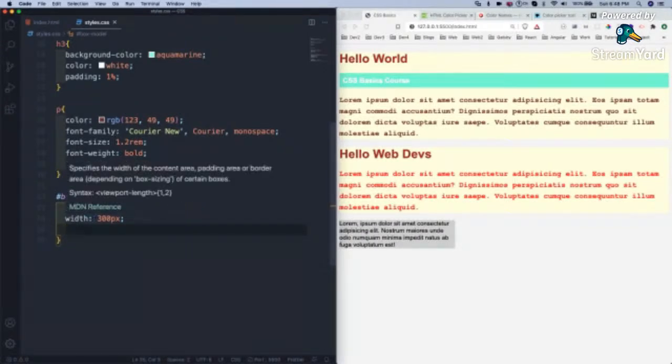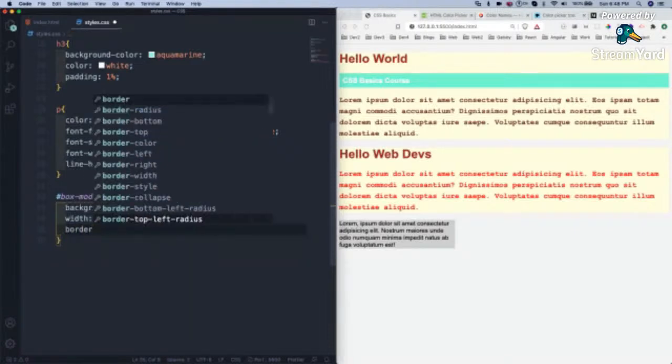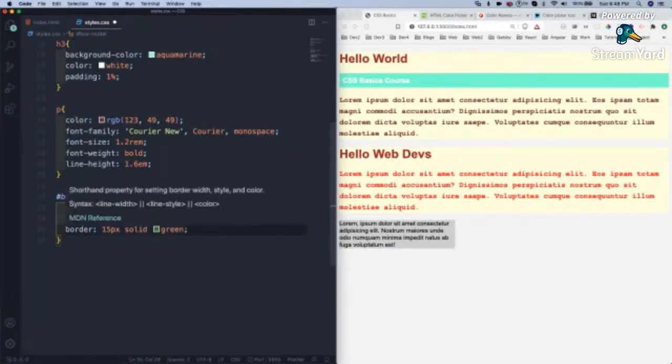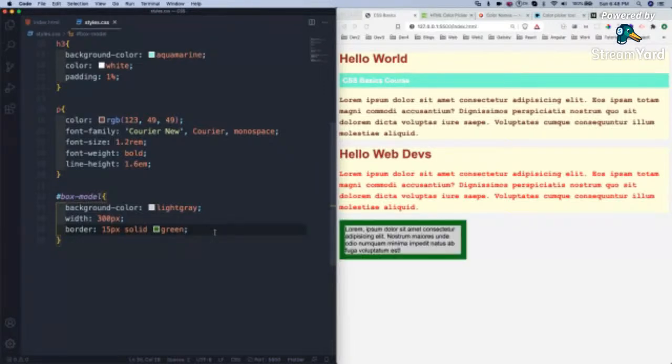And then border. So border we give like this. Border is 15 pixel solid green. So this is how we give the border property: 15 pixel. It will be 15 pixel wide on all sides. Solid. We have something known as dashed and some other properties also. And this is the color green. So it became like this border.